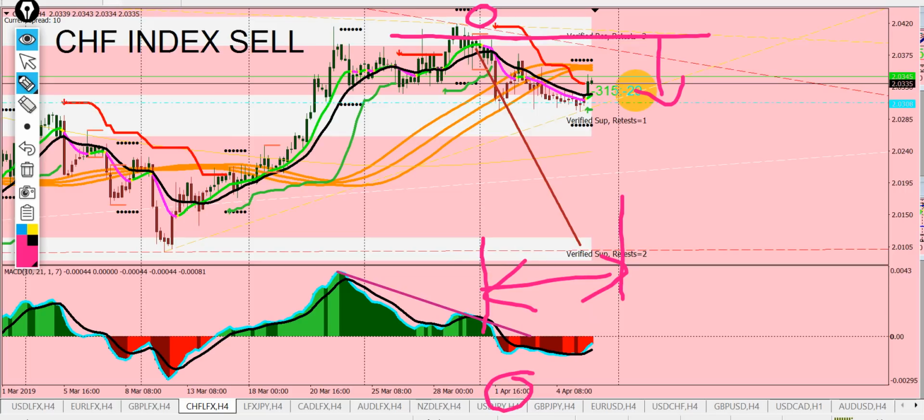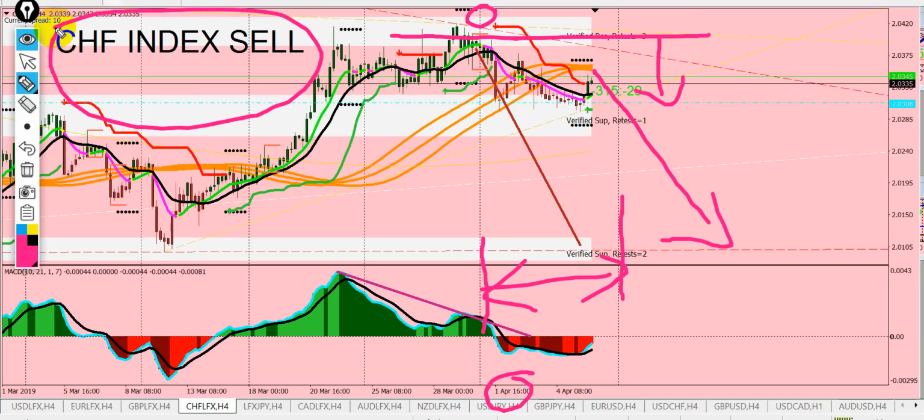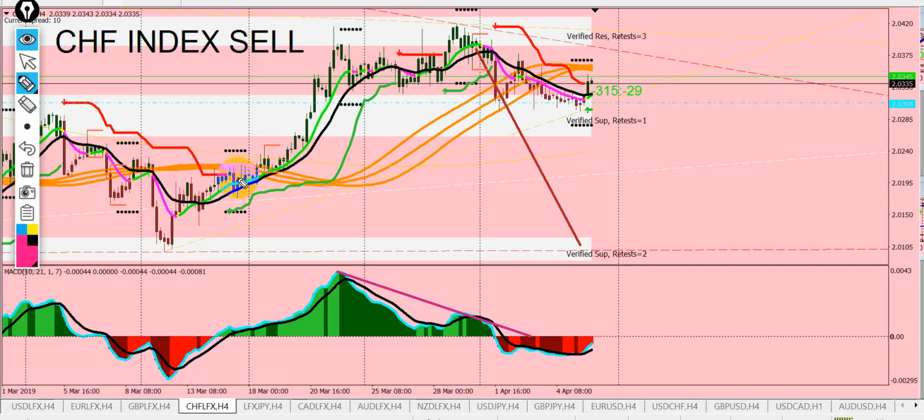You can see the 7 moving average did cross that 50 moving average, but watch out, at the end of the week on Friday, the price did bounce back up. We're still bearish on the franc, so the franc is still going to come down. We're not buying the franc, we're only selling the franc. Pay attention to this. And why we're like this, fundamentally the Swiss central bank wants the franc to be less valuable, so they want to reduce the price of the franc. So we're going to go with this.